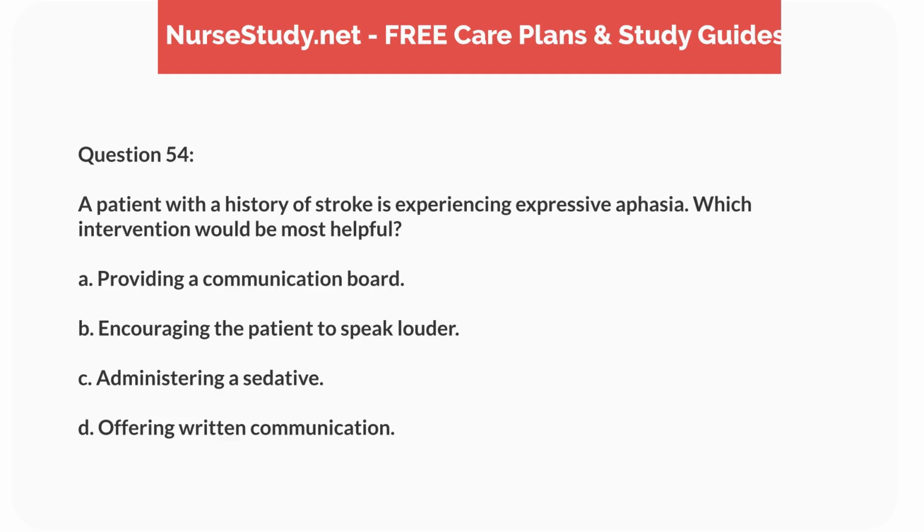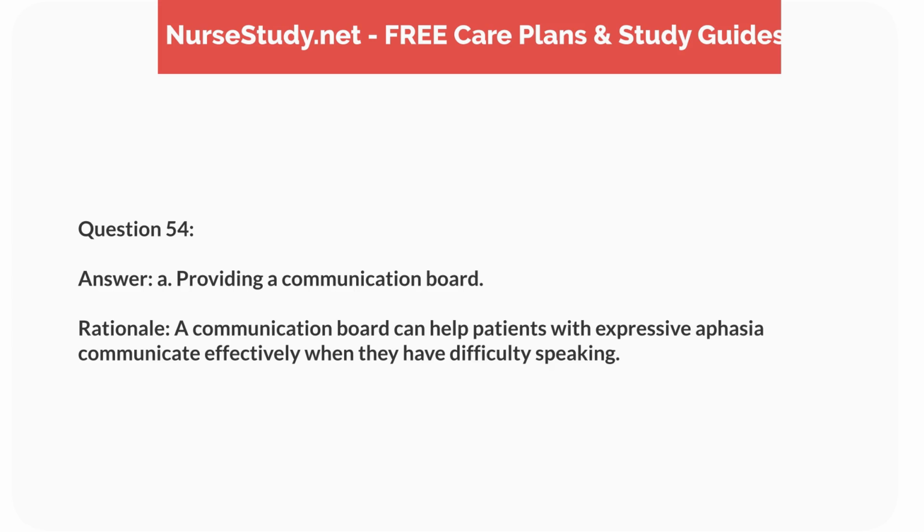Question 54. A patient with a history of stroke is experiencing expressive aphasia. Which intervention would be most helpful? A. Providing a communication board. B. Encouraging the patient to speak louder. C. Administering a sedative. D. Offering written communication. Answer: A. Providing a communication board. Rationale: a communication board can help patients with expressive aphasia communicate effectively when they have difficulty